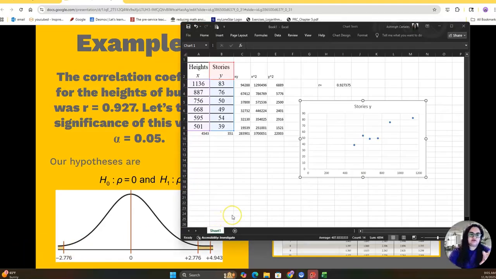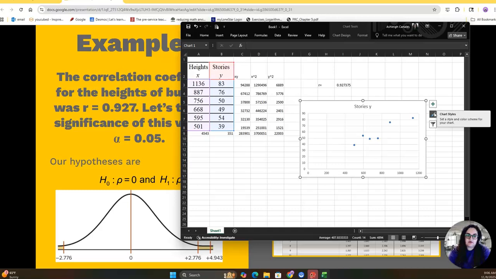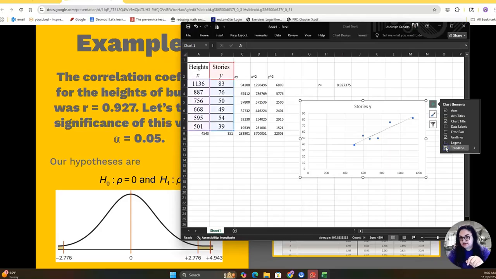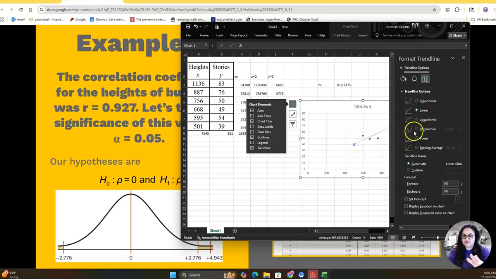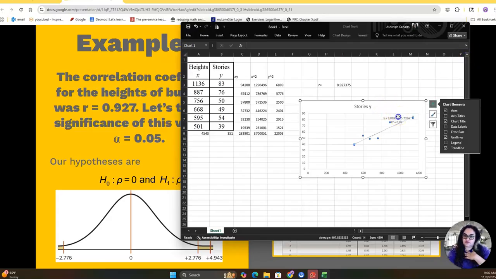Okay, so you don't have to run this correlation coefficient by hand, by the way. I know that we did. But when you're doing these problems for your homework, you just highlight the table, insert your scatter plot, check that it's linear, and then you can add this regression line or the correlation coefficient onto it by putting the plus sign, adding the trend line. Once you have the trend line, double-click the trend line. I'm sure there's a better way to do this, but this is how I remember. And we're going to display the equation on the chart, and we're going to display the r squared on the chart. The r squared is the square of our correlation